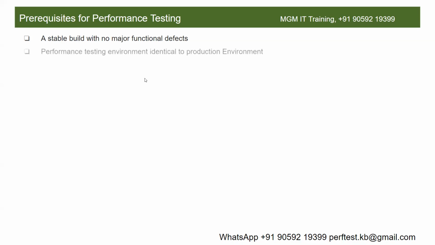That is the first and foremost prerequisite for doing performance testing, right? I received feedback that a few people are unable to understand a few words, so I'll try to use simple English. First and foremost means the very first thing is there should be no major functional defects, and the next thing is